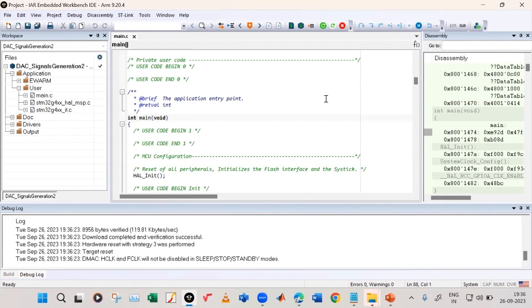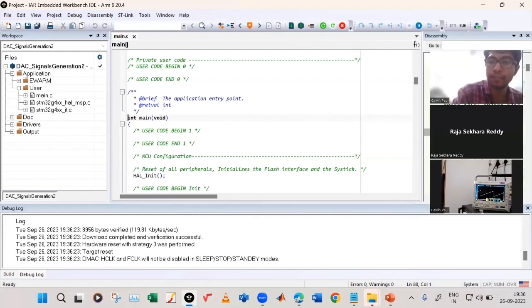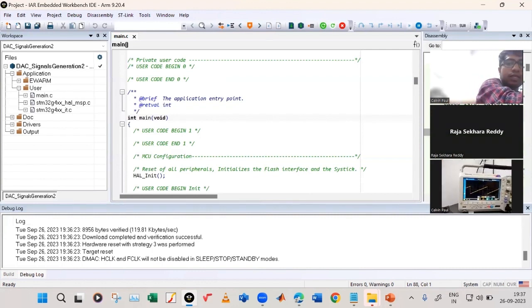I've run it, and this is my waveform on the oscilloscope. It's not properly triggered, but you can see it is showing a sawtooth waveform, approximately 3 volts. Now what I will do is click my user push button, and if you notice, it has become a sine wave. If I click it back,